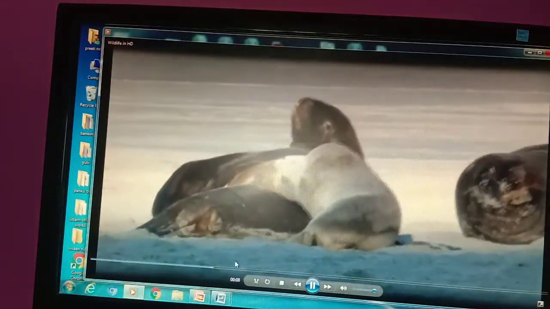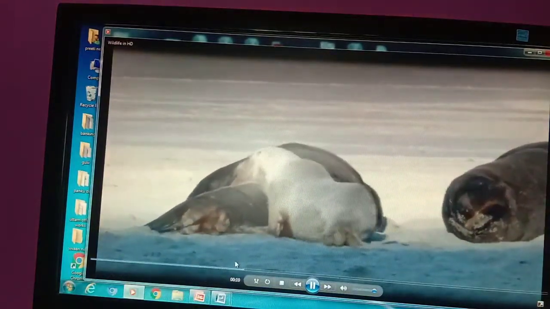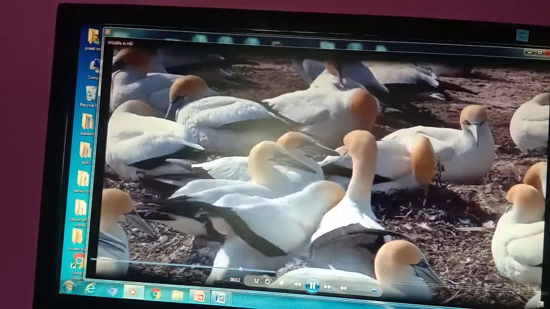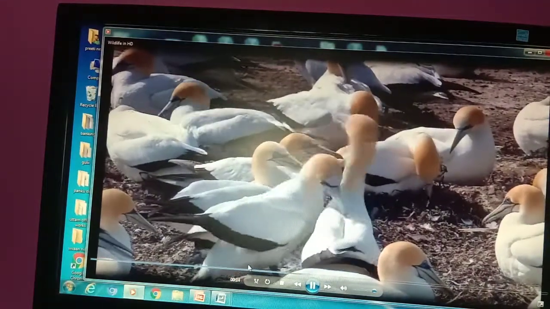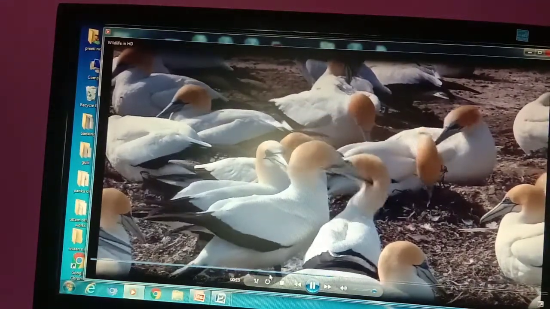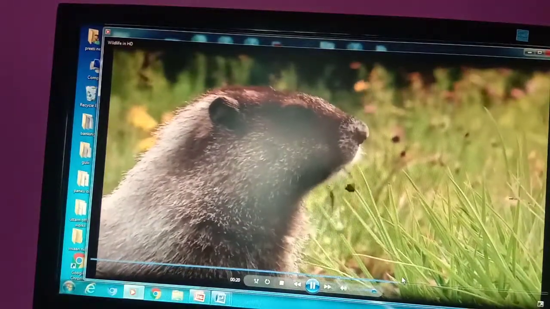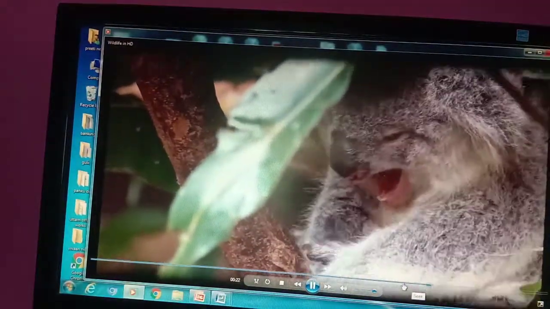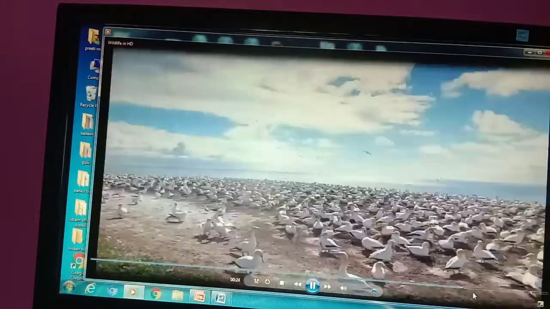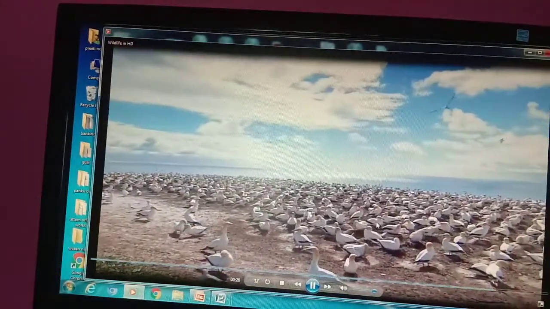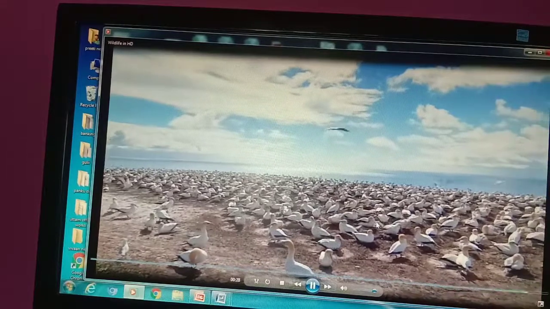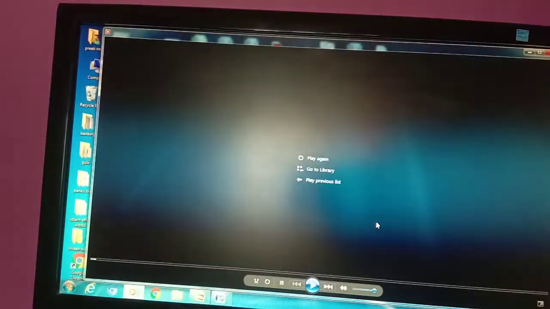You can have videos like this, and any video you can select. The birds are there, very beautiful small birds. A sloth. So a beautiful video, HD videos you can watch in Microsoft Windows Media Player.